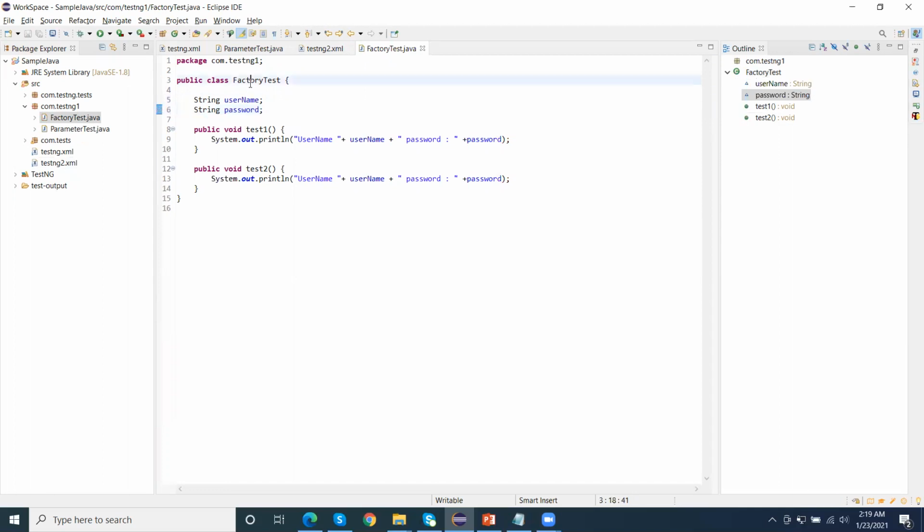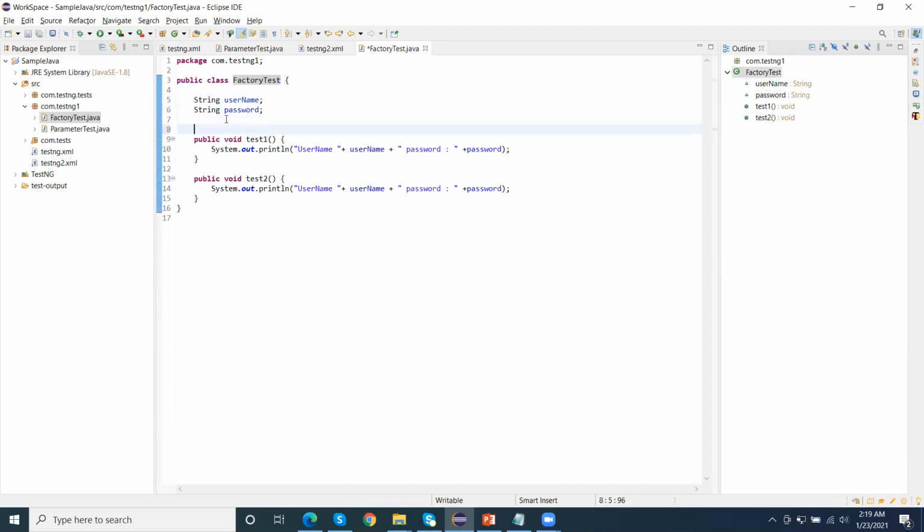Now we can create one constructor here, because we need to initialize the values.